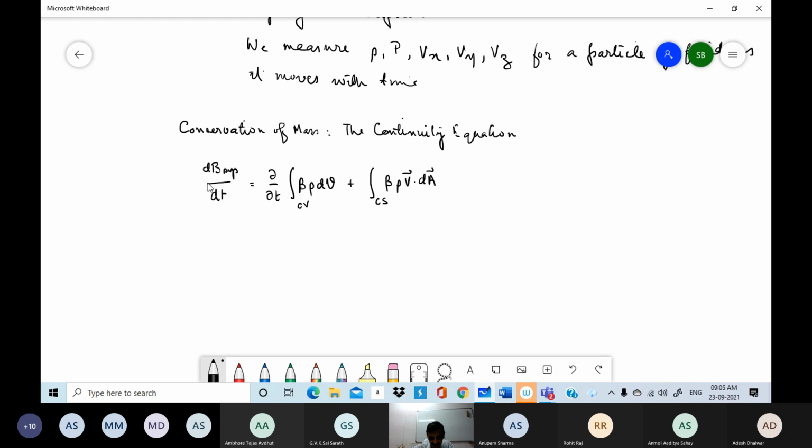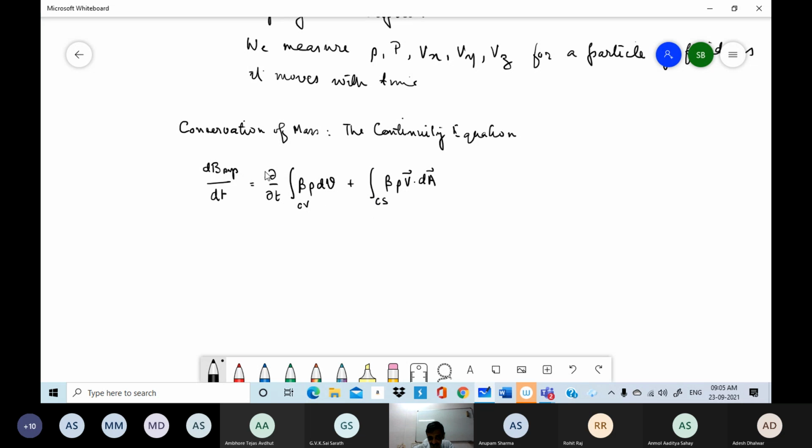So it encloses a certain mass of material. So if I follow a certain mass of material as it moves with time, then the rate of change of property B for that total system,